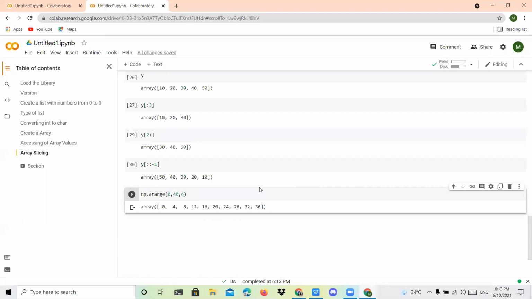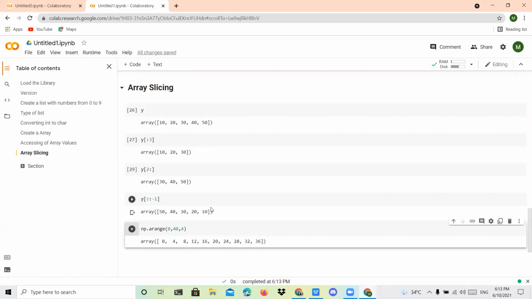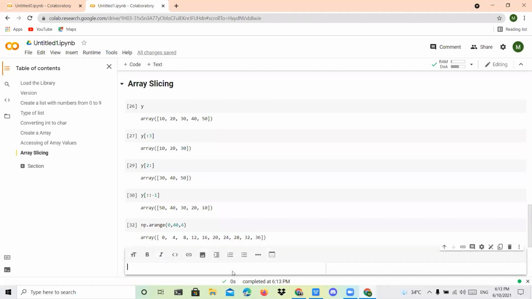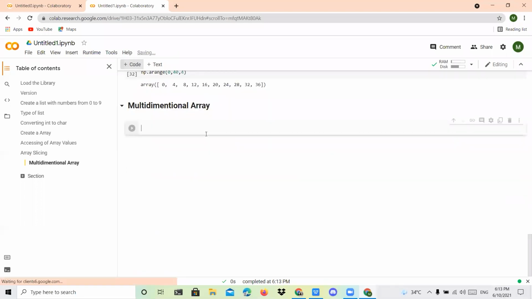like that. Okay, these particular things, array slicing, we can perform in the one-dimensional array. So for the two-dimensional array, how we can do that, I'll use another text, multi-dimensional array. Okay. So I want to create one 2D array or 3D array that should be of even values. In all the cells, I want to locate the common values.